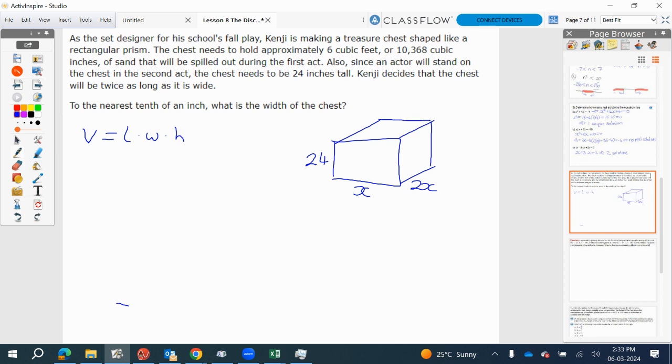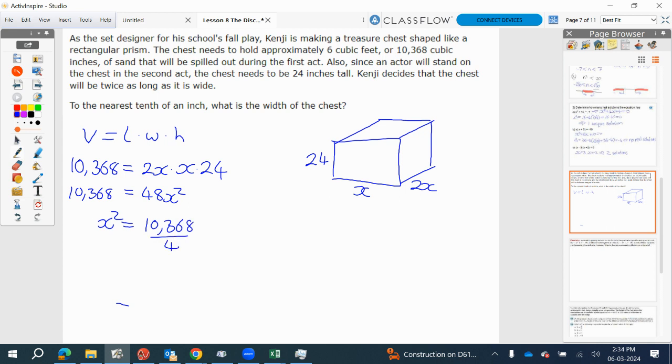We know that the volume is 10,368. We know that the length is going to be 2x, the width is going to be x, and the height is going to be 24. So this tells us that 48x squared equals 10,368. So divide both sides by 48 and we get